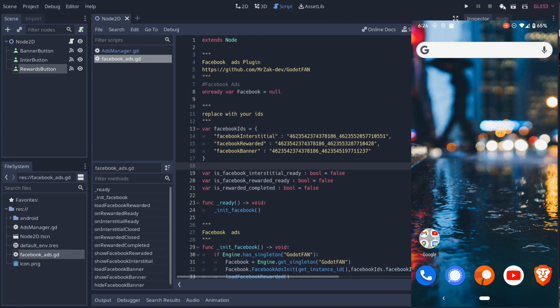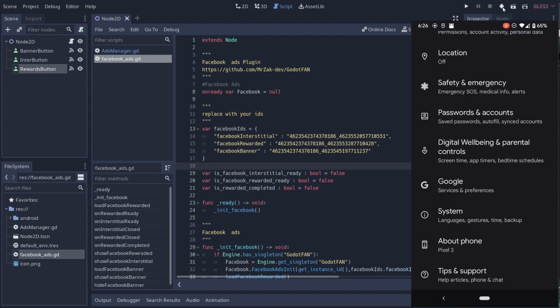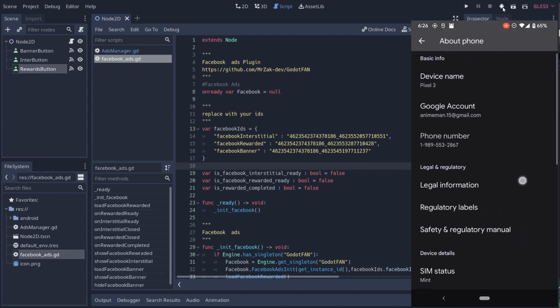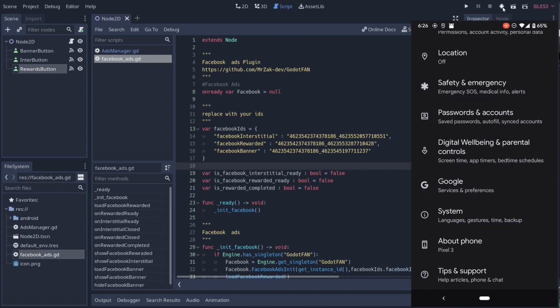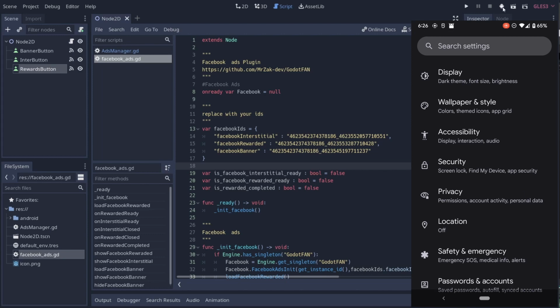If I go ahead and come up here and click on my little Android guy here, if you don't have that, you need to make sure that you have USB debugging on, and you need to make sure that your phone is in developer mode. The only way to do that, and I'm going to make a short on this shortly, is to come in here, go into your About Pixel, and scroll down. There's a section where you can see your build number. If you tap that a bunch of times, in my case, I don't need to, I'm already a developer, but if you tap that a lot, it'll enable developer mode,